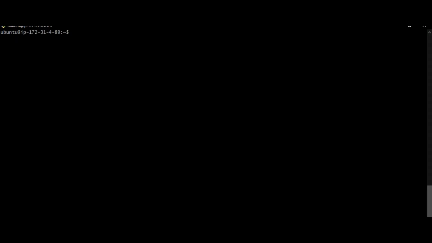And the next command is the cd command, change directory. This change directory command, cd command, is used to change the directory from one directory to another directory. So now I'm in the /home/ubuntu directory. Now I want to change to the /etc directory. By using the cd command, I can shift from one directory to another directory. Now I'm in the /etc directory.